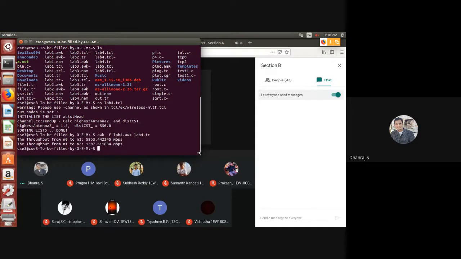See here, the throughput from N0 to N1 is around 5863, and the throughput between N1 and N2 is 1307. It is again in Mbps. The throughput between N0 and N1 is higher than between N1 and N2. This is what we need to calculate at the end of the simulation process.